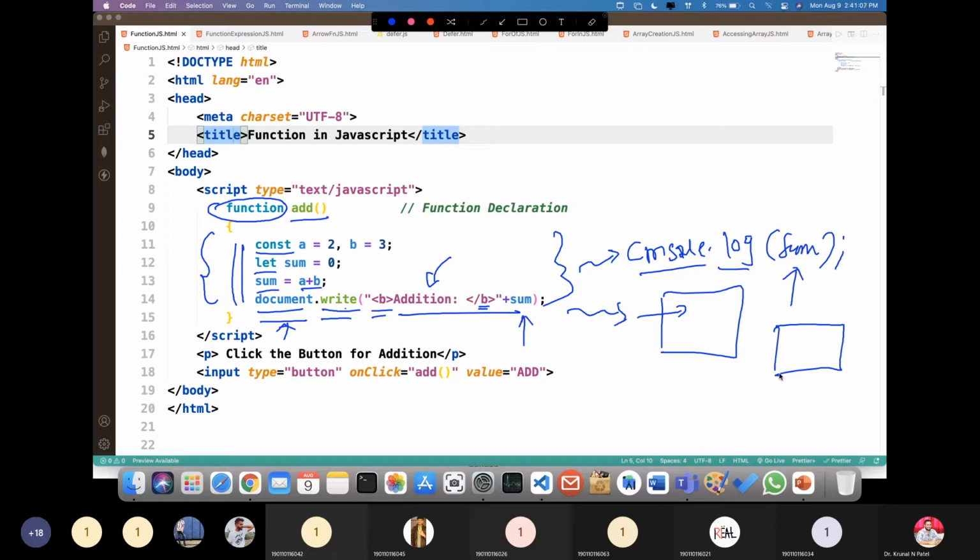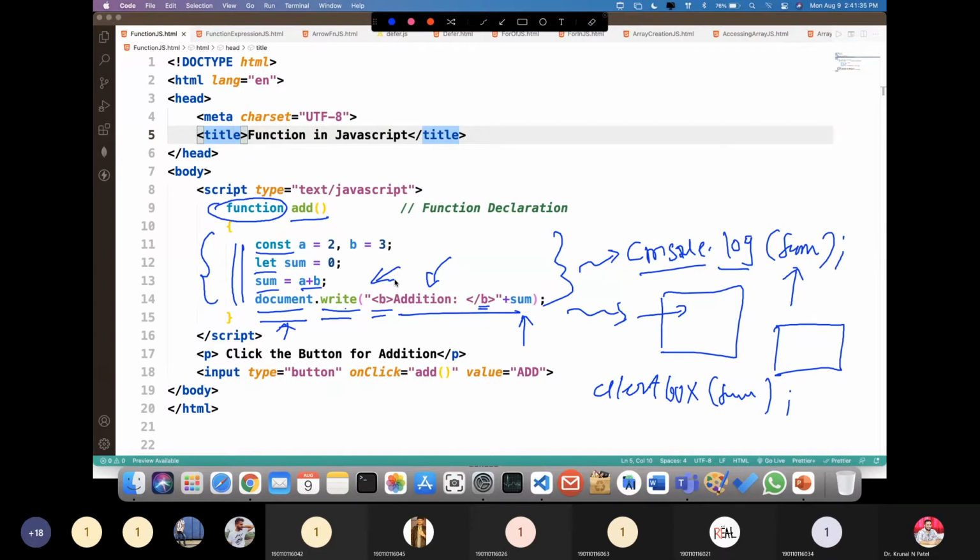Another method is the alert box, which you can use to display values. Any of these methods can be used to display the message, but we are most probably going to use document.write, and console.log in a few examples.